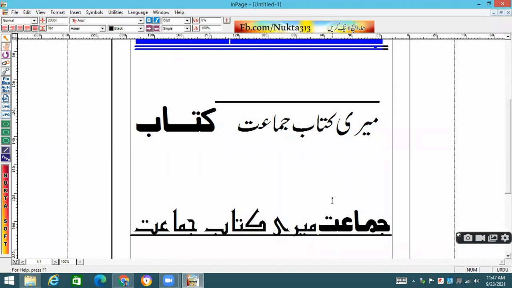All the work related to Urdu typing we can do in MS Word as well, keep in mind. We can change the language, we can type all these things. MS Word is a rich software. But since Urdu InPage is in our syllabus, we have to cover all the things. But Urdu InPage has limited options. If you compare it with MS Word, MS Word is rich in graphics, shapes, all types of things: SmartArt, online pictures, SmartDraw, inserting graphs. All these things are possible over there. But we have Urdu InPage in our syllabus, so we have to utilize whatever options are available over here. Okay, I hope that this point is clear.